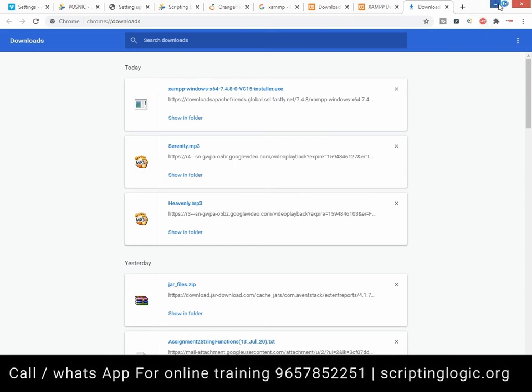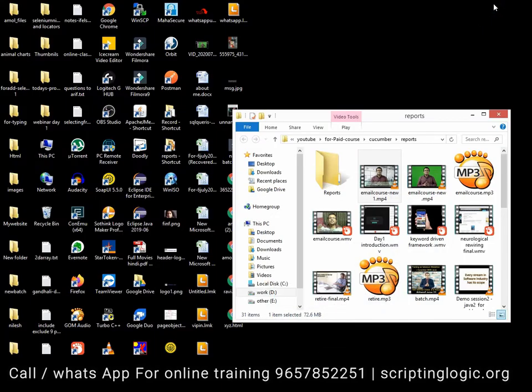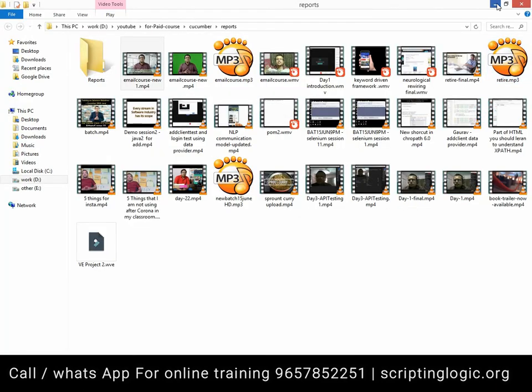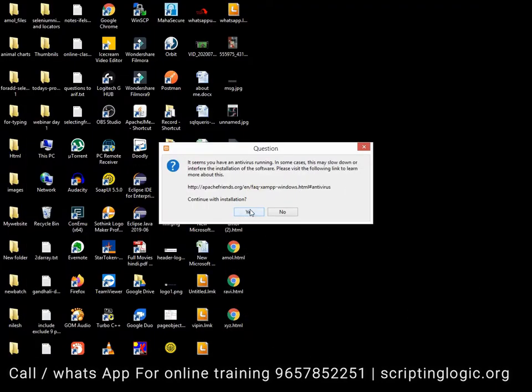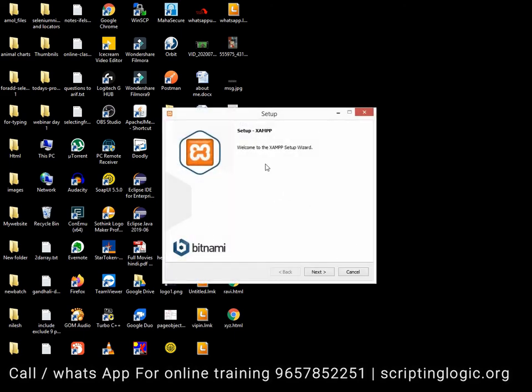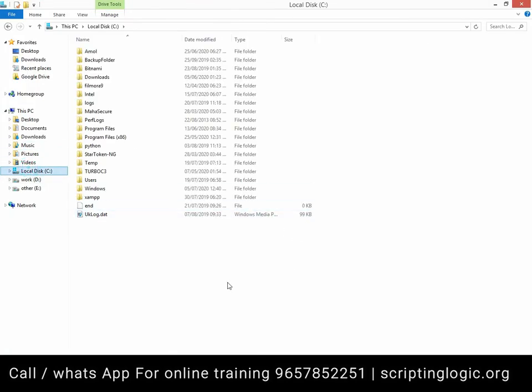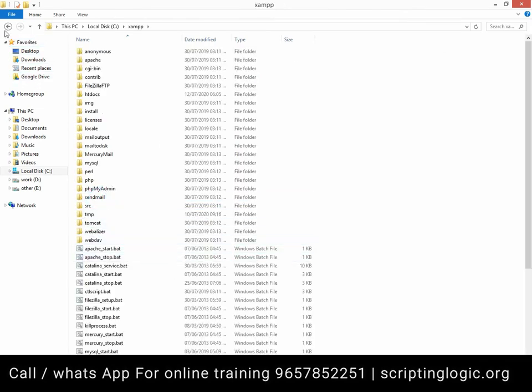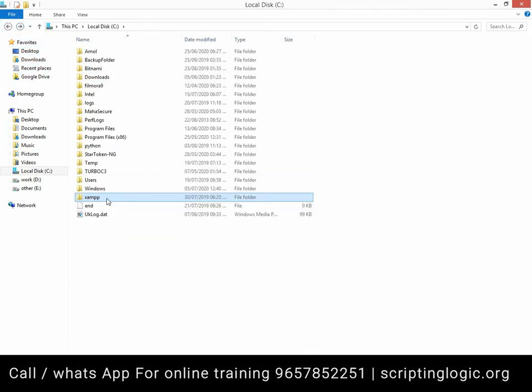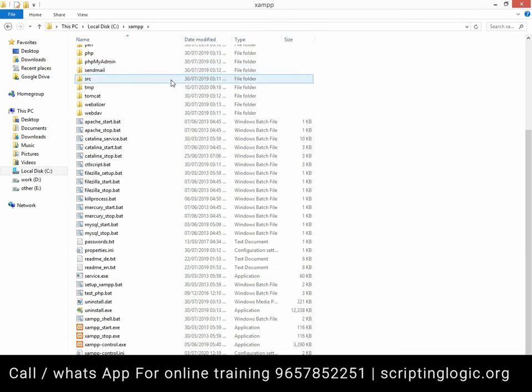So just open that and say next, next, next, and it will be installed. And once it is installed, you will have one folder by default on your machine, right? It will say yes and say okay. Just a default operation. Once it is installed completely, you will have the XAMPP folder on the C drive. In case you haven't changed the default installation location, it will be on the C drive, right? So keep all the default settings as they are and say next, next, next. It will be installed in 10 to 15 minutes. Once it is installed, you will get it here on the C drive.